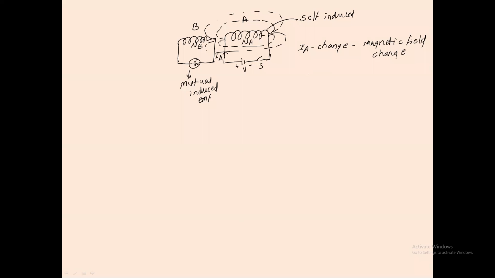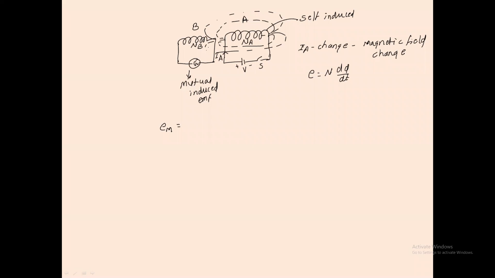Now what is our basic equation for induced EMF? E is equal to N d phi by dt. Right. Now here, who produces the flux? Which coil produces it? Coil A. Which other coil does it link with? Coil B. So can I say that based on this concept I can write the EMF induced in coil B, we call it mutual induced EMF, so it is represented by e sub m. M stands for mutual. Now in which coil is this mutual induced EMF created?